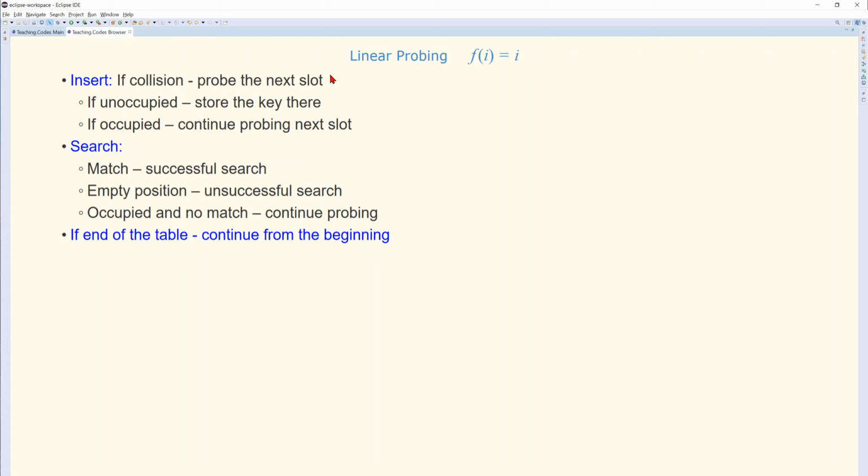If you have filled the whole table, then it will fail. And in that case, be careful not to go in an infinite loop, because if you try to insert something into a full table, your algorithm will never terminate. So you should, in other words, remember the first position you tried. If you loop around and come back to the same position, it means you had a full round